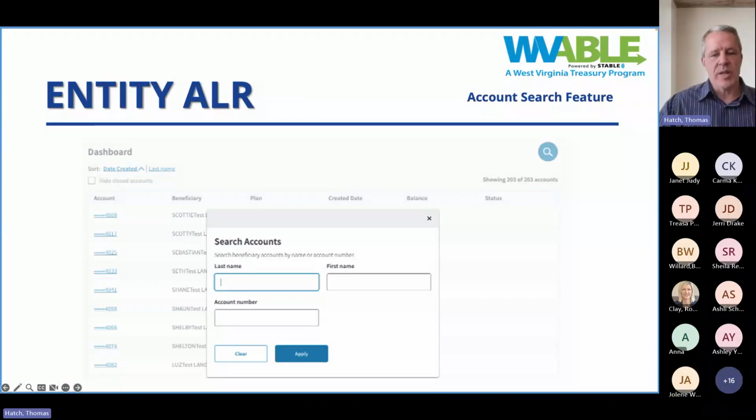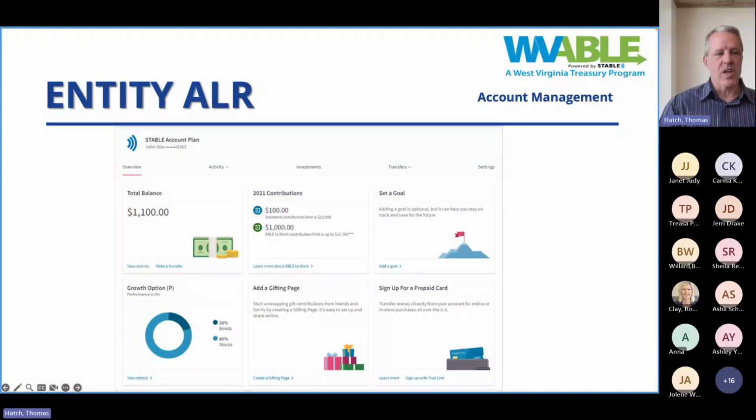Remember this dashboard screen, because we're going to be referencing this a few more times here shortly. But from the dashboard screen, as I mentioned, if you have an individual account that's listed there and you want to be able to transact or do more information on the account, you just simply click on it. So like up here, if this were out of the way, I could click on the account and it would take me into what I call the overview page and the management portal. So this is what the overview and management looks like for each individual account once you get in.